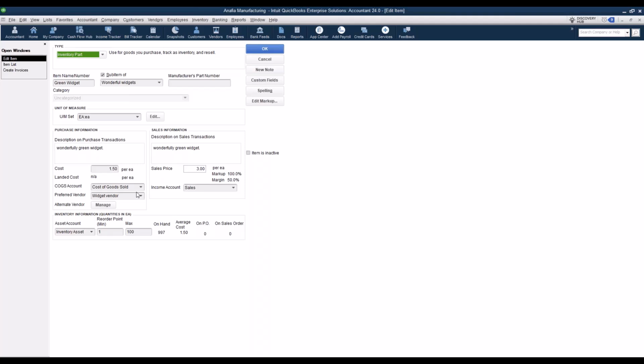For the service or non-inventory items we just went through, instead it's going to say expense account instead of the COGS account. It does the same exact function. So for those, the expense account, that's where you will see it being used and posted to your profit and loss based on if you put it on an item receipt, a bill, or a check,